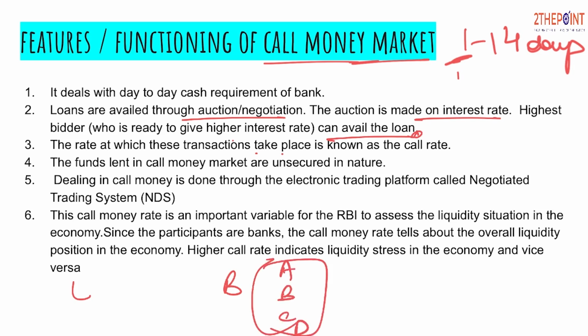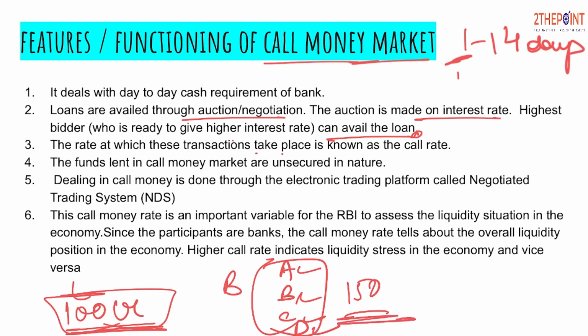All 4 of them are borrowers and there is 100 crore in the market, whereas the demand is more, let's suppose 150 crore. So every bidder would try to offer a higher interest rate so as to get the maximum out of this 100 crore, because the supply is limited and demand is more. Every bank would want to get the money, and in order to attract the lender, they would offer a higher interest rate as compared to the competing borrowers. So whosoever is quoting the highest rate of interest for one day will get the money, as simple as that, which is the rule of auction.